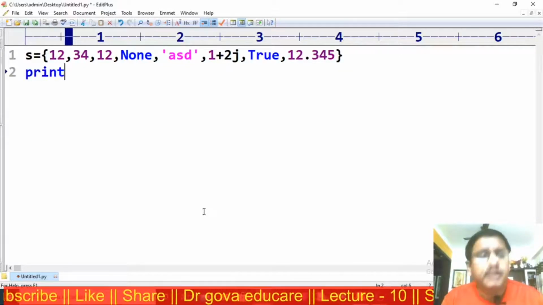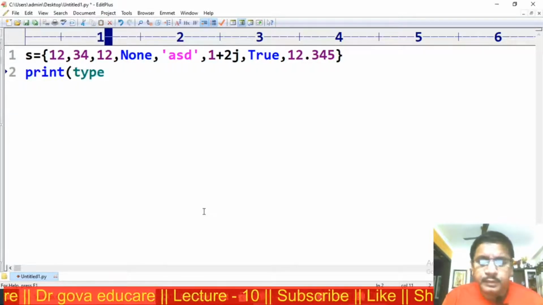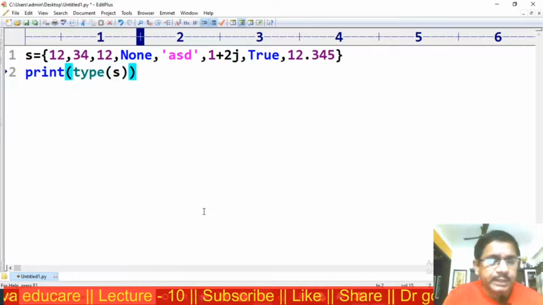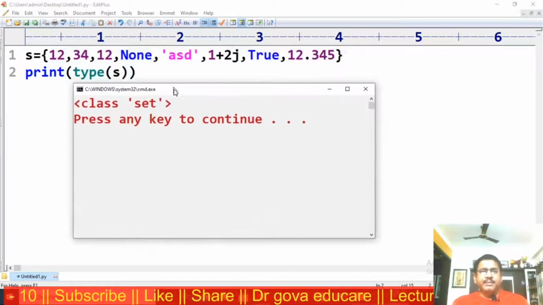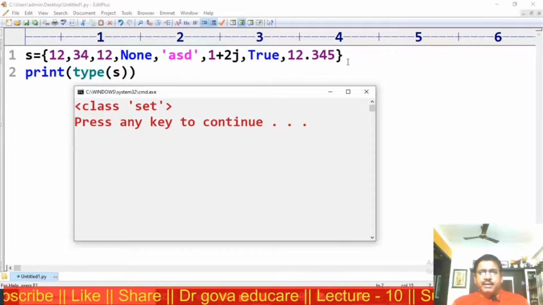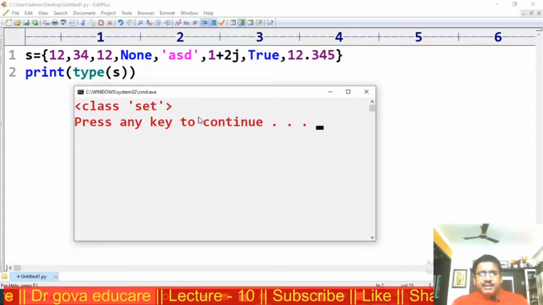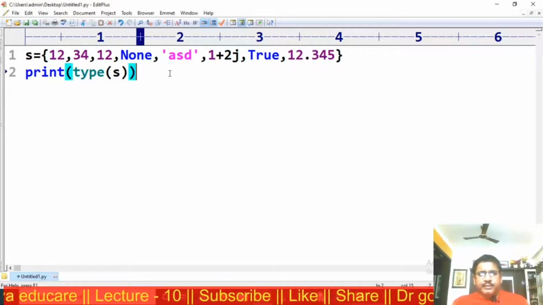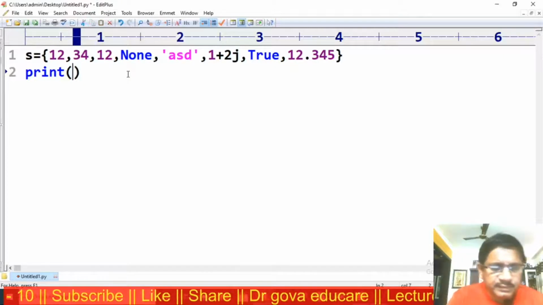Print type of S. The type of S is set data type, because all the elements are within curly braces, it is set data type. I am trying to print the values of S.